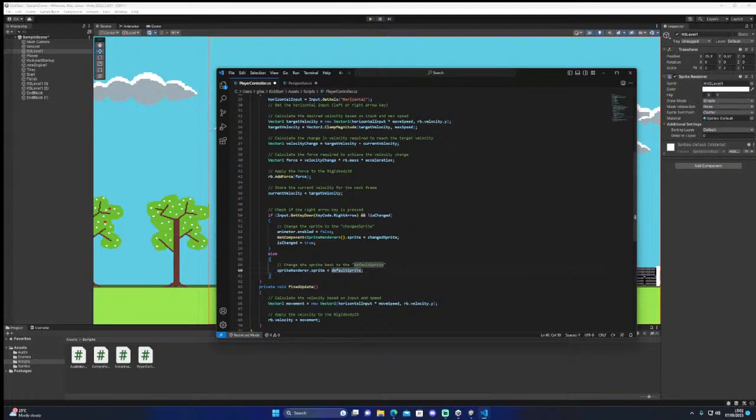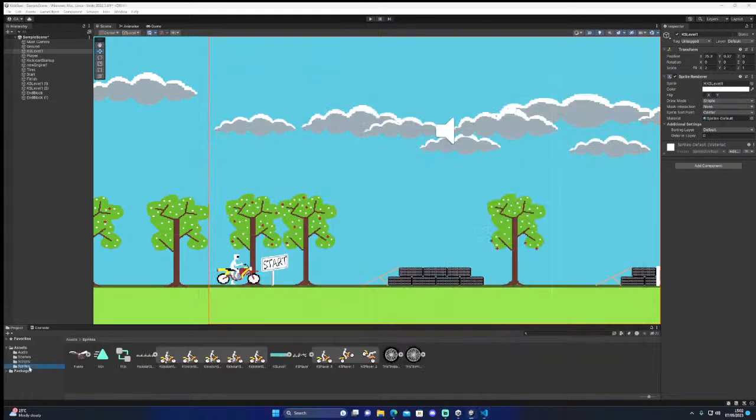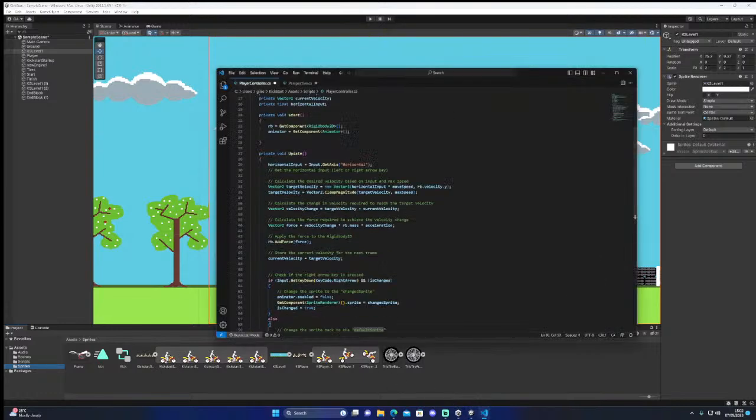Sprite renderer dot sprite. I'm just going to grab it. What's it called? Sprite. I want a foot down one, don't I? Or should I add it in? No, I'll do it the way we're doing it.